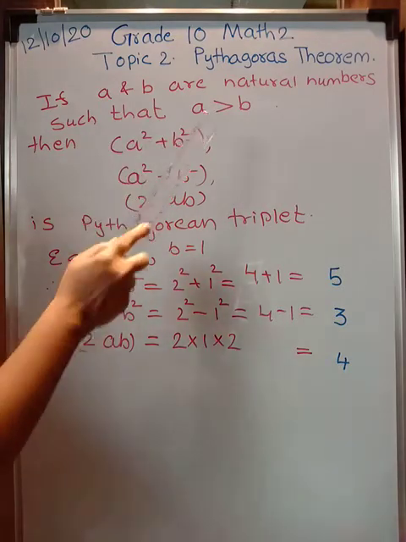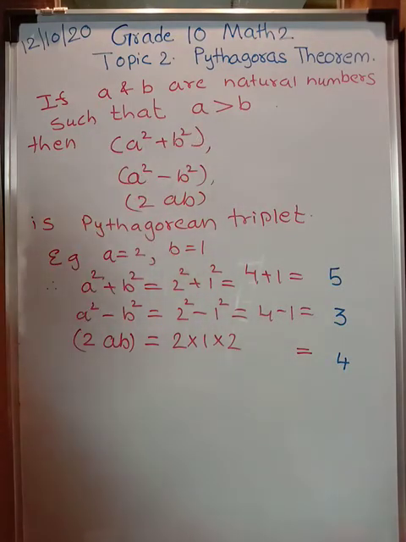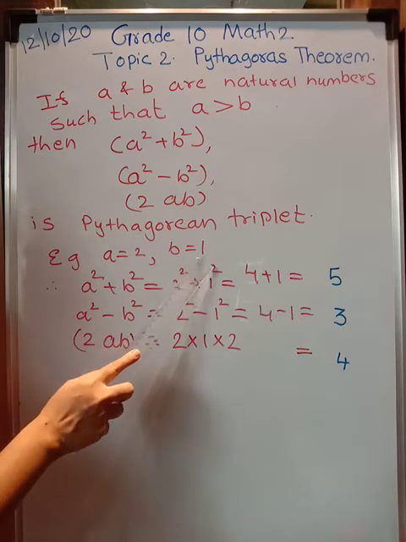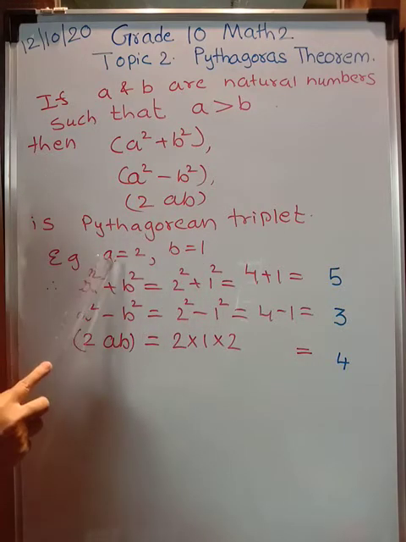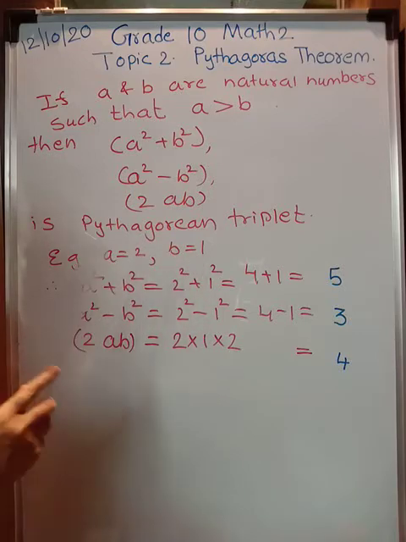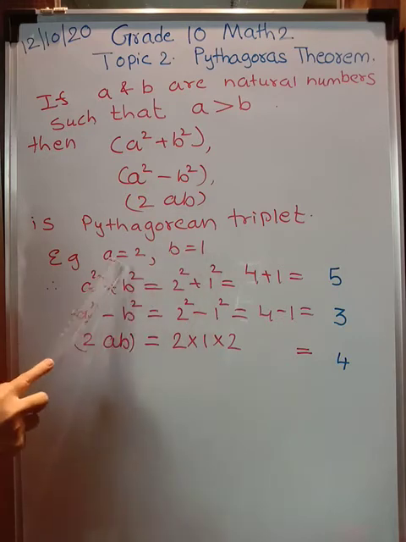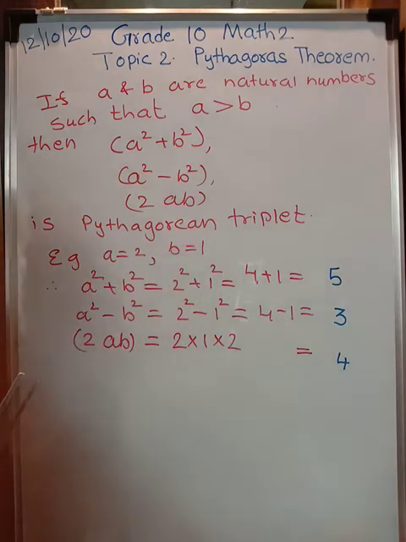So what to do? You assign any values of your choice. For example, if I take A equal to 2 and B equal to 1, why do I have to do this? The thing is, while taking any two values, make sure A is always greater than B. If you take A as 1 and B as 2, it will not work out. Mind well.